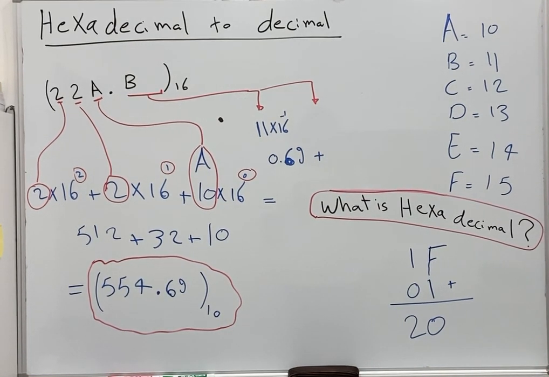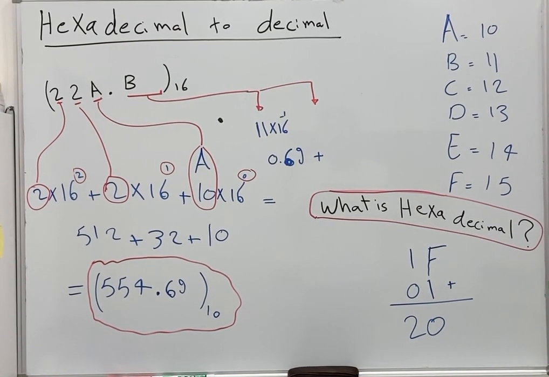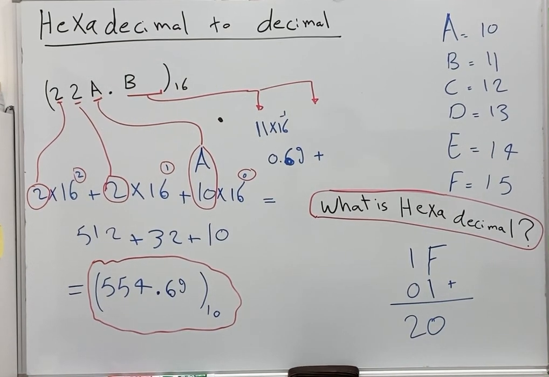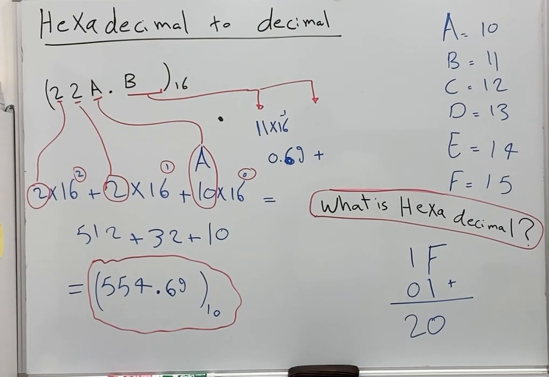Decimal is what we usually deal with every day, which is when you add, for example, in the first bit, if you have a 9 and then you add just 1, the result will be 0 in the first bit, then it will be 1 in the second bit. So that is the meaning of decimal. It means that in a bit you cannot have a 10. You can have a 9, and if you want to have a 10, you have to go to the next bit. So hexadecimal is the same,